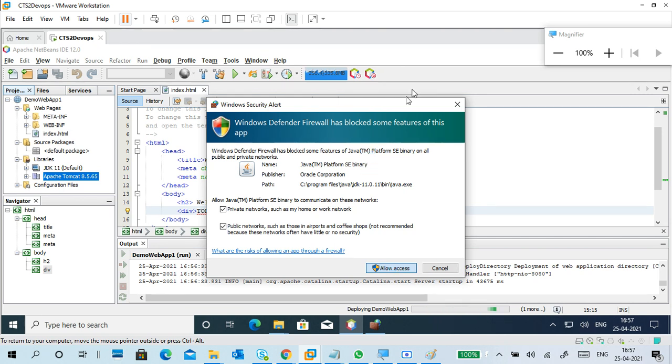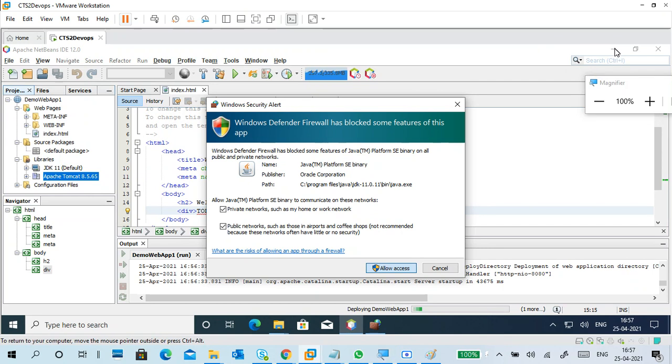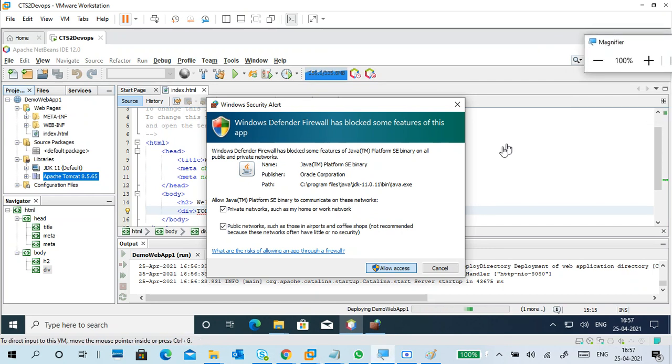It's not accepting anything. If possible, I will show you an example also. Okay.